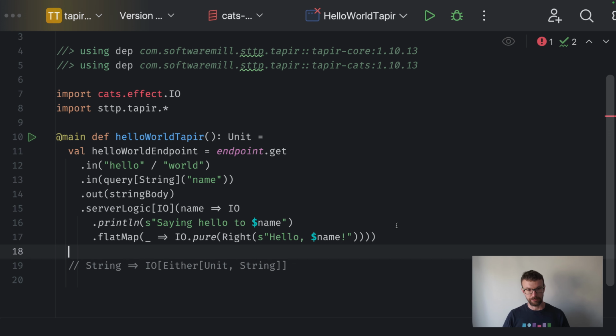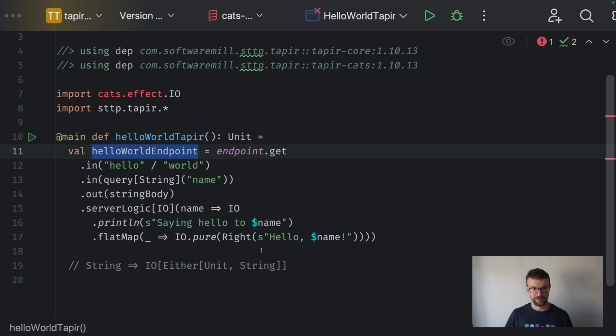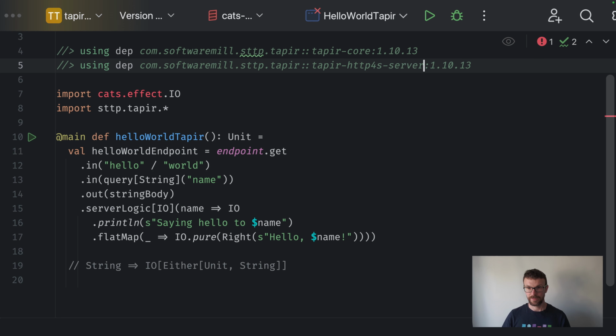So yeah, if we try to expose this endpoint using the netAsync server, we will get a compile time error because the effect types don't match, right? The netAsync server uses the identity so-called effect, and here we use IO. So we would get a compile time error, but still we need something else. And there's a couple of options that Tapir provides, a couple of integrations. We are going to use the http4s server, because that's the most popular server, I think, when it comes to the cats effect ecosystem. So we are going to use the http4s server dependency,